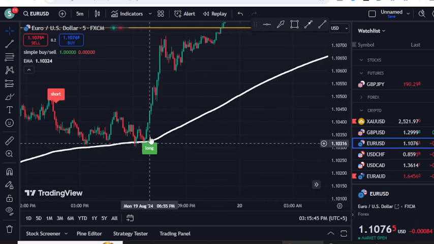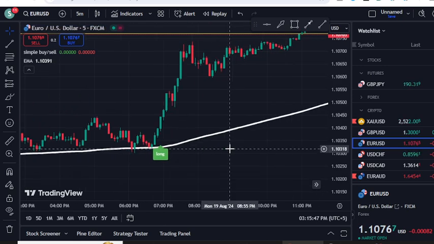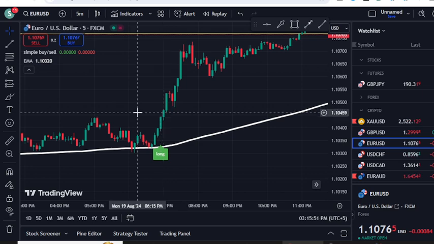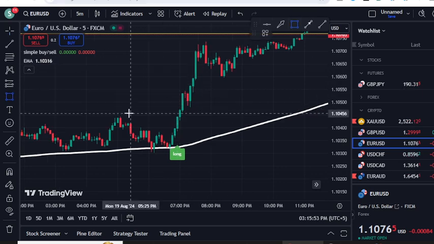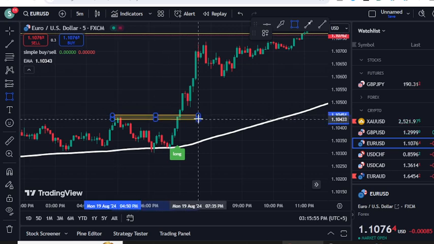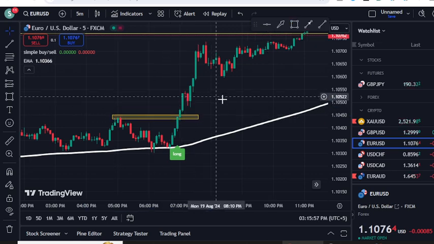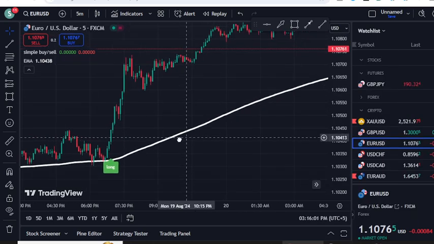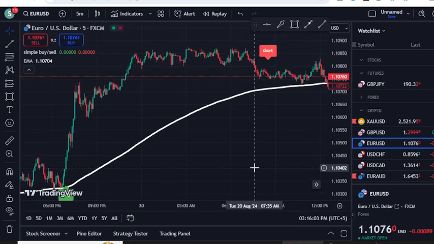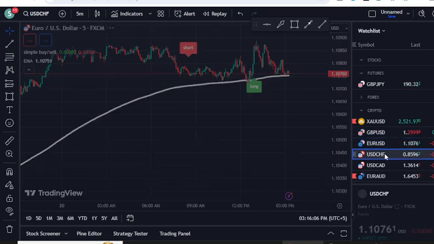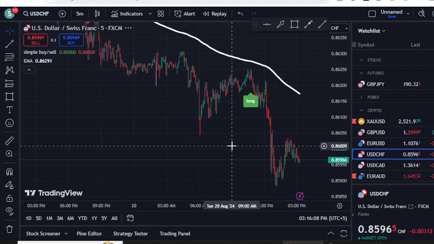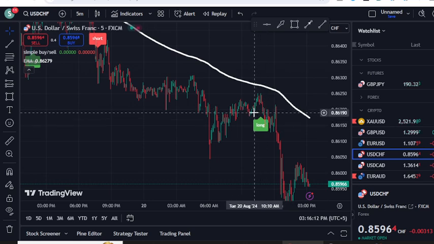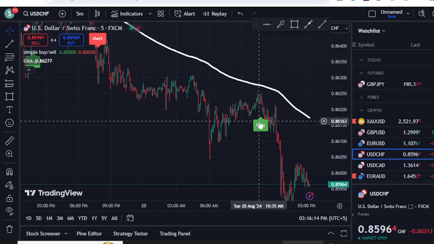For example, the long signal was, if you look at this candle, you can take the entry from the next candle, because if we mark this area, you can see that was the resistance that is broken, and now you can take your entry, and you can see the price simply moved in the upper direction. Now guys, this is one of the free indicators available on the web, and most traders have no idea about it. And now you can see why this long position has not worked, because the price is below the 200 EMA.